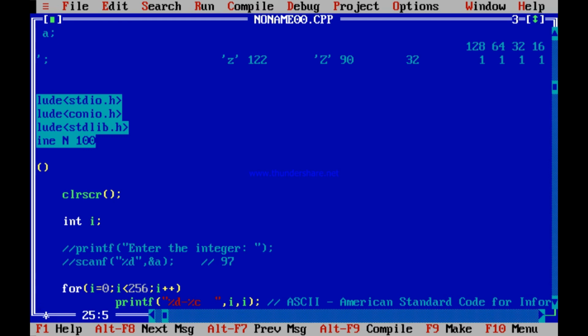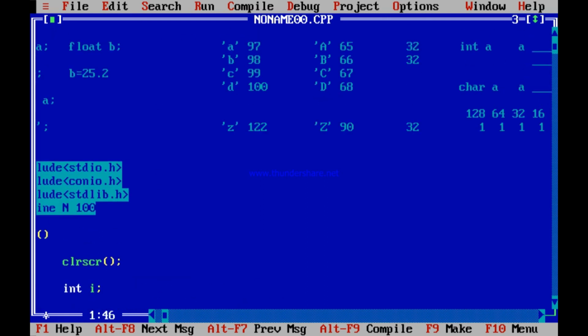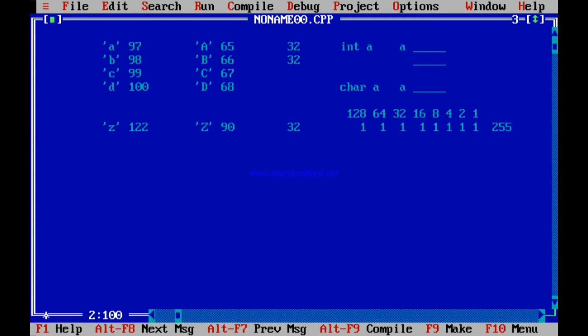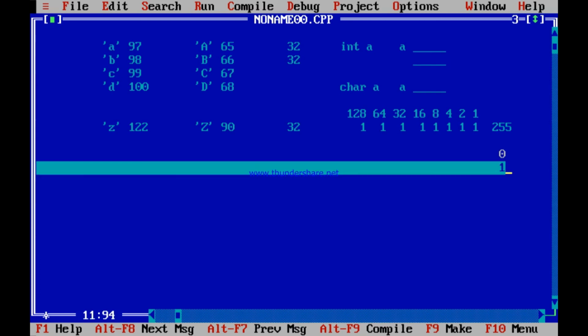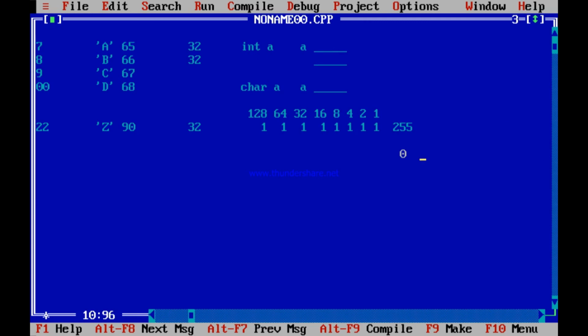I have printed from i equal to 0 and gone up to i less than 256, that is, up to 255. So characters can have all values from 0 to 255, and every value means a certain character. 0 means a certain character, 1 means a certain character, and so on up to 255.